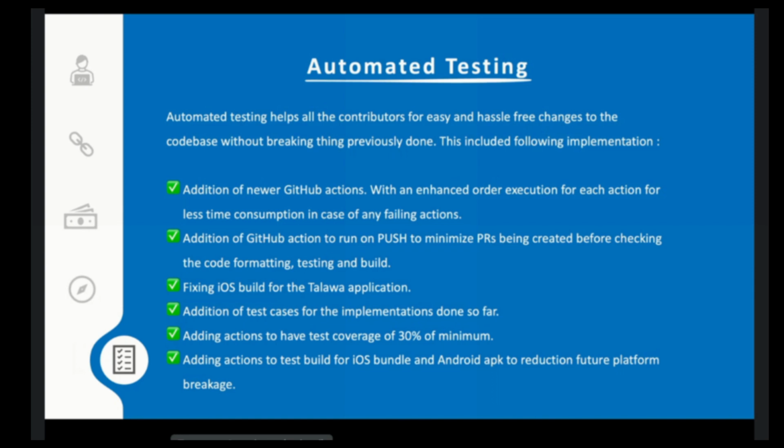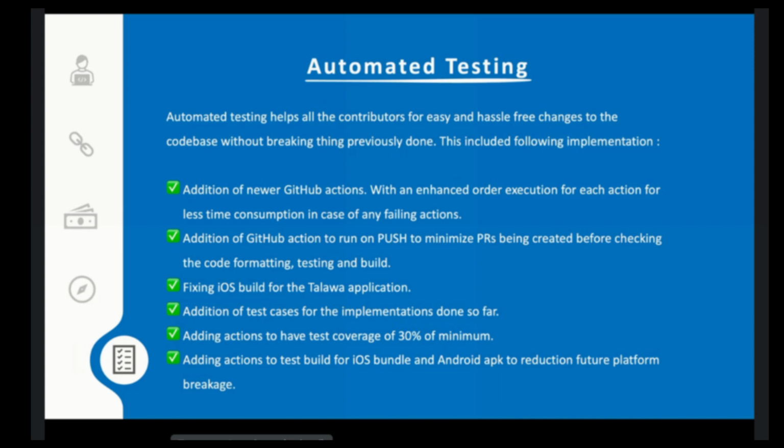The other thing that was covered in this point was that previously the application was not building on iOS due to some dependencies that were not used properly, and their integration was not done on the iOS part. Hence, the application was not building. That was fixed in this task. I added the test cases for the pre-authorization state, and the current code coverage is 30%. I've also added the GitHub actions for building the iOS bundle and Android APK,